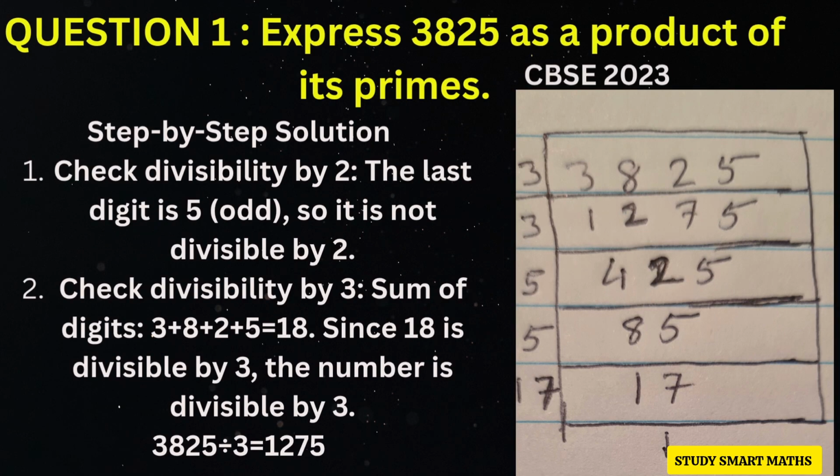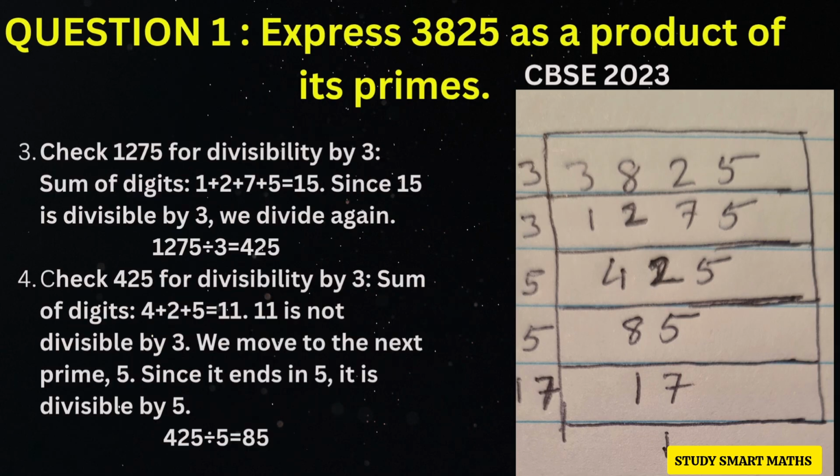Question 1. Express 3825 as a product of its primes. Step-by-step solution. Check divisibility by 2, the last digit is 5, odd, so it is not divisible by 2. Check divisibility by 3, sum of digits, 3 plus 8 plus 2 plus 5 is equal to 18. Since 18 is divisible by 3, the number is divisible by 3. 3825 divided by 3 equals